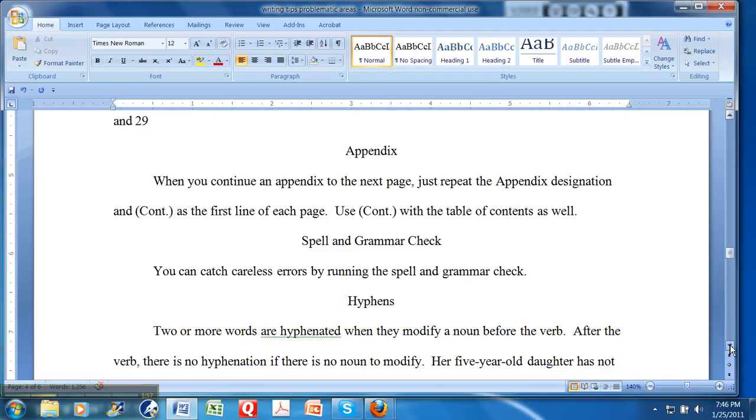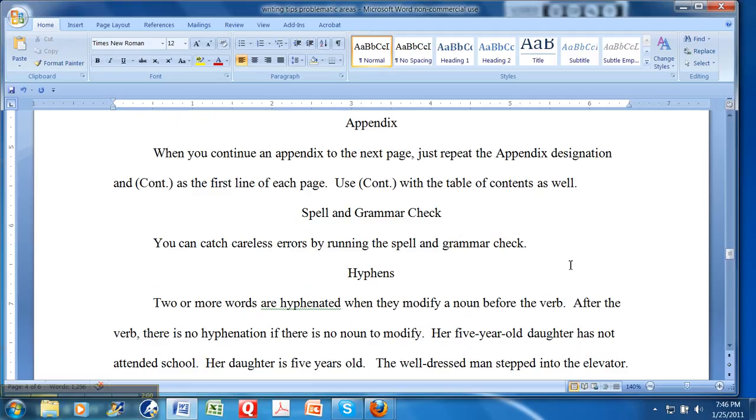If you have an appendix, when you continue the information to the next page, then you repeat the appendix designation as the title of the page, and then you put continued next to it there. If you have more than one appendix, then it's Appendix A, Appendix B, Appendix C, with the continued. This is so that the reader understands that you're continuing the same information over several pages. You also do this with the table of contents. When you go on to the next page, you put table of contents in full caps with this continued, and then you also continue the page, or PAGE, over here, so that your numbers will line up under the EN